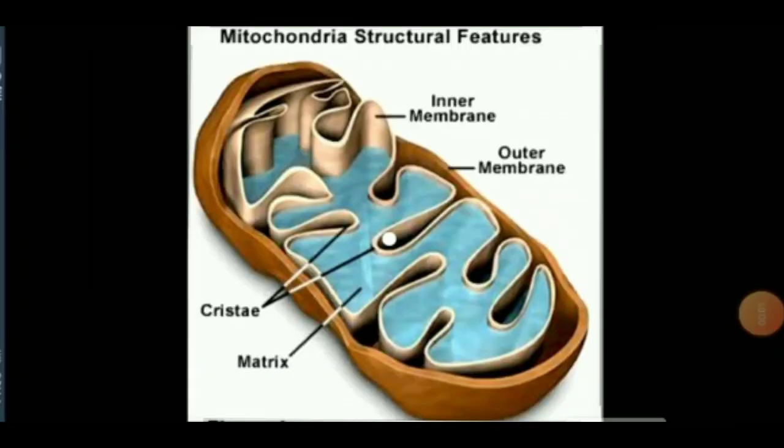The next organelle is mitochondria on page number 62. Mitochondria are only found in eukaryotes and they are double membrane bounded organelles. As you can see in the diagram, there are two membranes in a mitochondrion. The outer membrane is smooth but the inner membrane is in the shape of enfoldings called cristae. Now what is the function of mitochondria? They are basically the sites of aerobic respiration and are also known as the powerhouse of the cell.